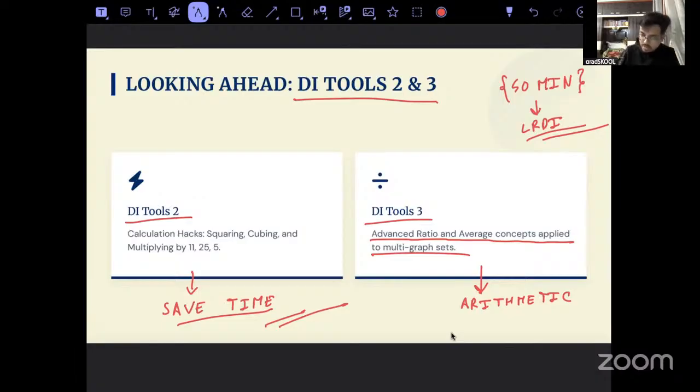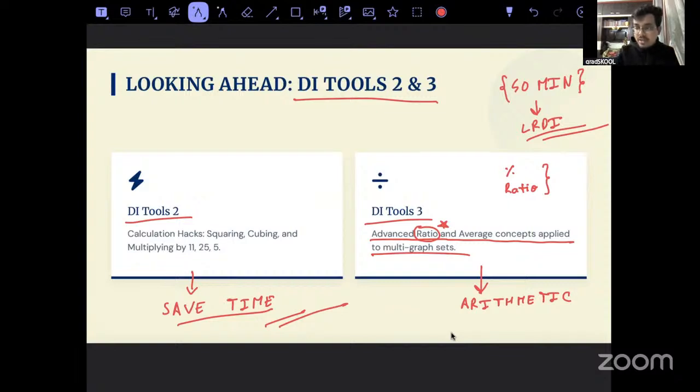One more thing I'll tell you, ratios. This is the important part of arithmetic. If you understand percentages and ratio, these 2, you will be able to do various types of questions easily. There are some easy methods, some tricks to do. I'll check if I'll be able to take those classes. If I can, surely I'll take them. If I'm not able to, I'll surely do one class and make you understand what the tricks are for this.